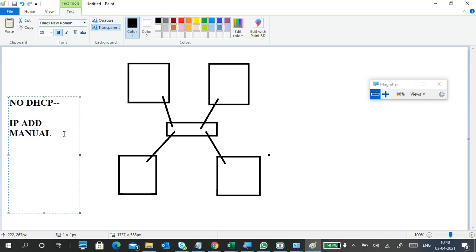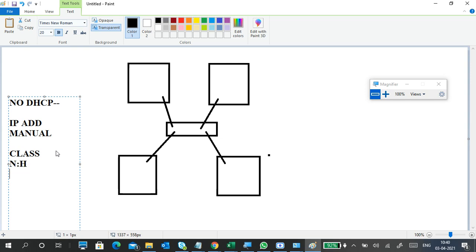So how do we assign an IP address manually? You have to choose, based on how many PCs there are, which class. And it's private, so a private IP address range. We have to choose what range of IP addresses to use. Then we have to keep the network portion and host portion.